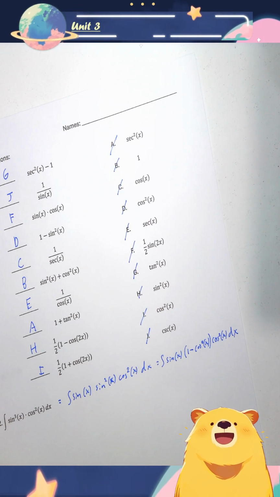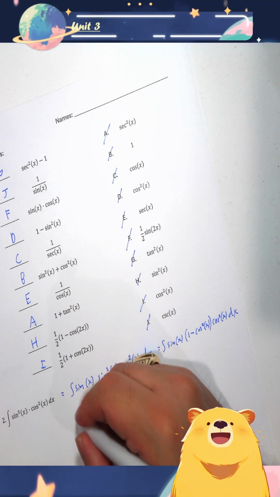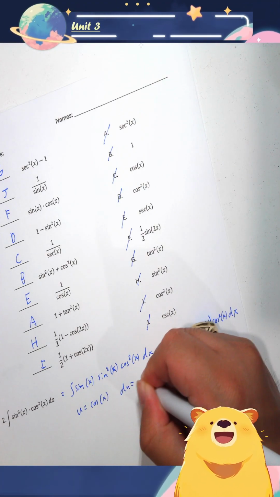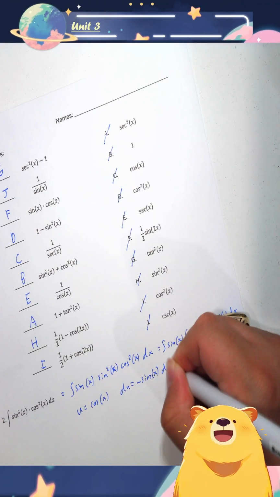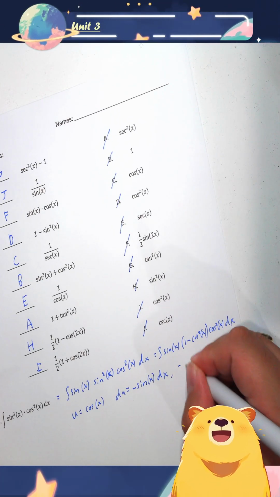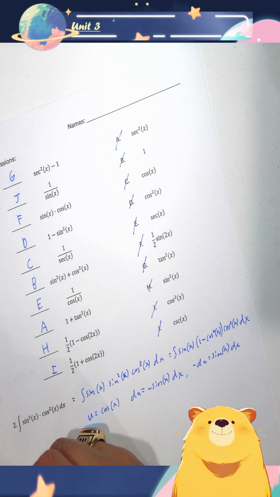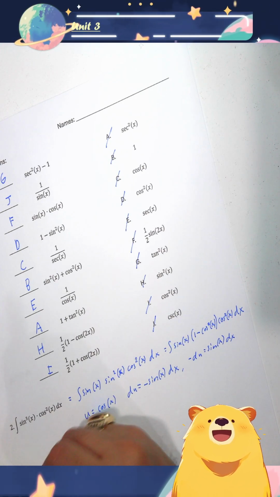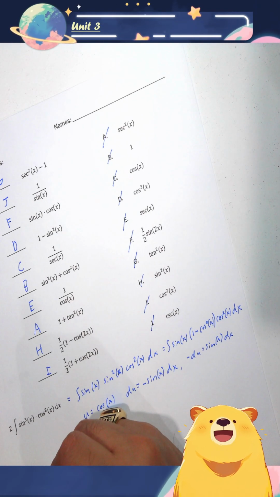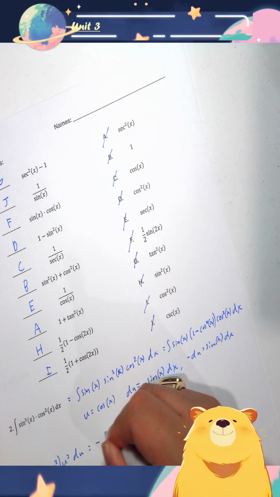And then you can go ahead and plug in the u now, or you can distribute. I'm just going to go ahead and plug in the u now. It says u needs to be cosine of x, and du will be negative sine of x dx. We see that the only thing that isn't included is the negative, so we're just going to extend it to be negative du is equal to sine x dx. So we have the integral of negative 1 minus u squared times u squared du,